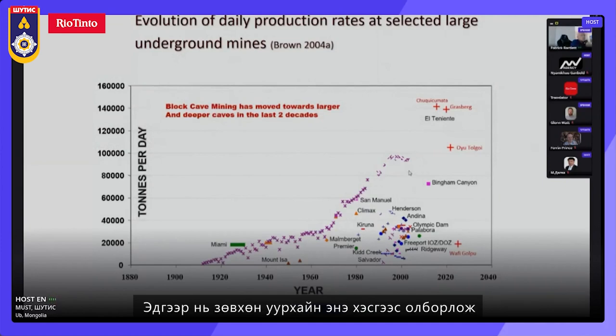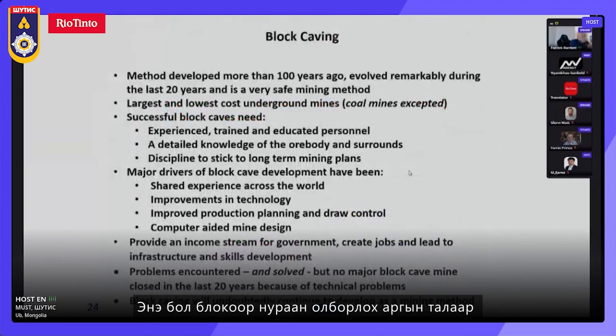These are just estimates of what the tonnages are that are being produced or will be produced in these mining areas. And these are just my own comments around block caving, my thoughts and what I've learned over the years. This method was developed more than 100 years ago, and it's evolved remarkably during the last 20 years. It's a very safe mining method. If you neglect some of the big coal mines, block caving is the largest and lowest cost underground mining operation, and successful block caves need experienced, educated